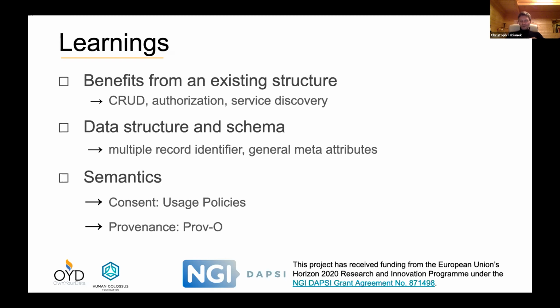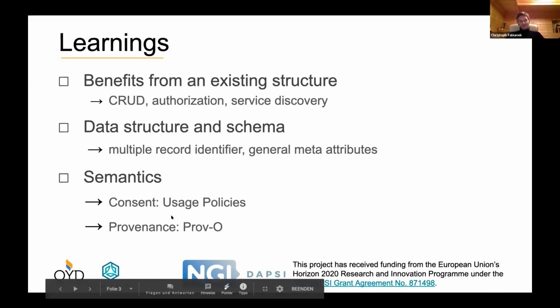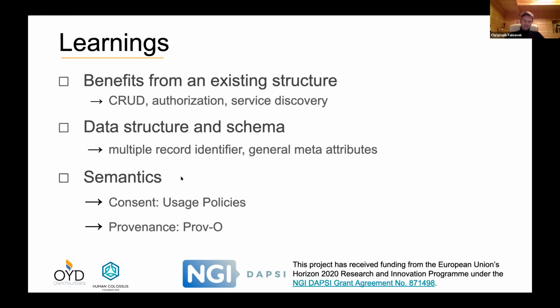And I think this is also very important, if you have a very heterogeneous landscape, to agree on how you exchange this data. And then what was also an important topic, and I think this can also be future work of CEPS, is a lot of talk in this governance about consent management. So when I give data to someone else with data sharing, I need to have some form of consent and documented consent. How can this be described? With OwnYourData, we have worked quite a lot with usage policies, but there are also other ways from the Kantara initiatives. And it would be interesting to have kind of a mapping between those different initiatives.